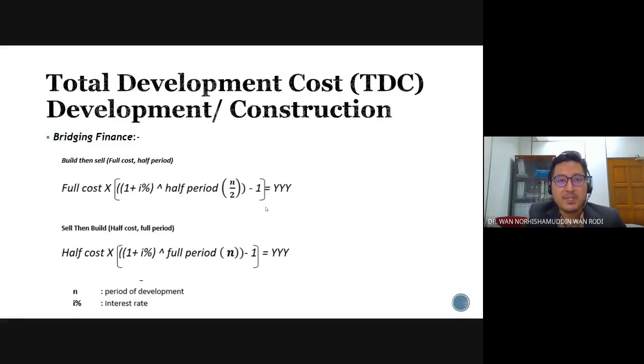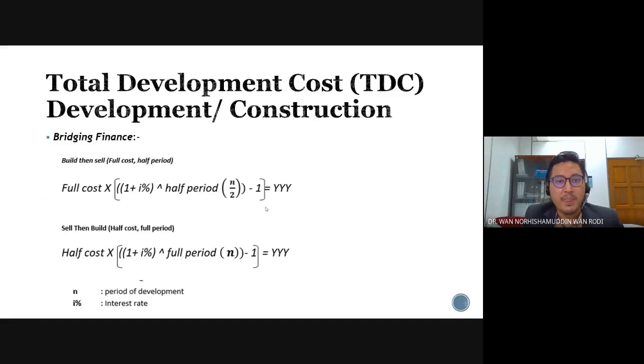Okay, next, for bridging finance, we have two types. It depends on the types of project also. First one, we have a build then sell project. The second one would be the sell then build project. Build then sell project is not as popular as the sell then build, but it exists within the development